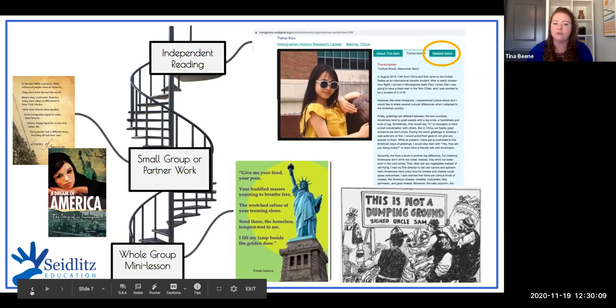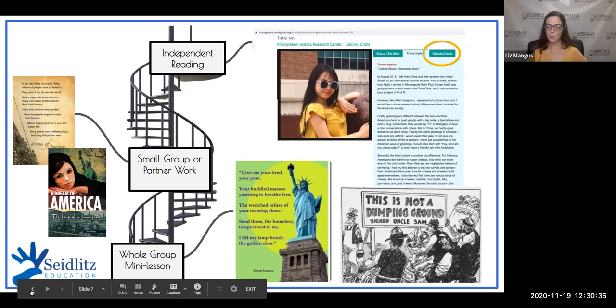But we don't want to attach too much writing to the reading, because I'm usually trying to get students to buy in at the upper grade levels who aren't eager readers, and adding writing onto the reading is not usually a very enticing offer for them. So we want to try to keep the writing piece and the annotating piece maybe more in the small group and the partner work, and independent reading really being more of a time for them to enjoy reading.